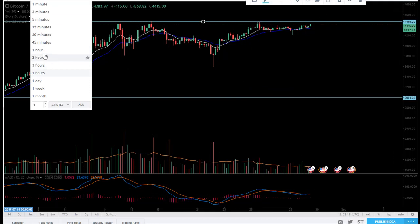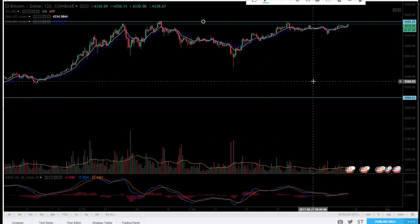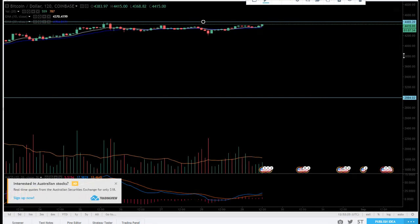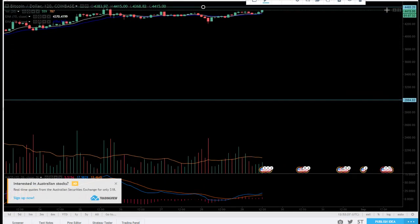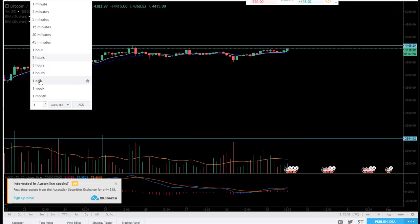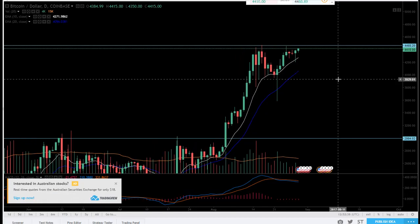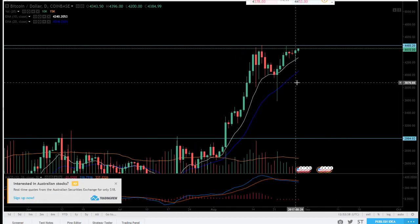And I mean, there's not really too much point in going too much lower, but you can see it already has turned on these lower time frames. We're seeing some nice higher lows on these mid to lower time frames, and I really like that based off of the daily. So yeah, I wouldn't be surprised whatsoever by the time we've all woken up, me being here in Australia, that is anyway,